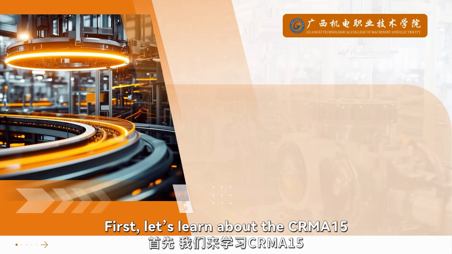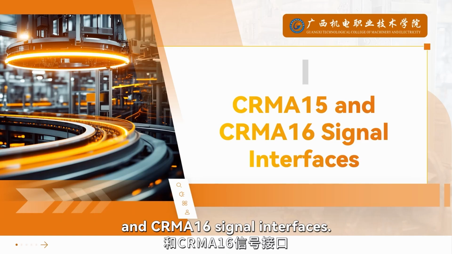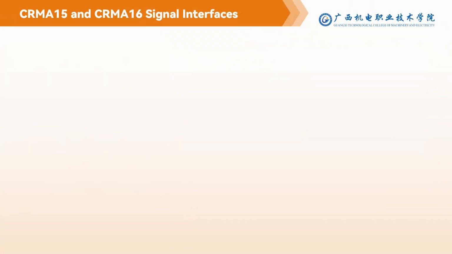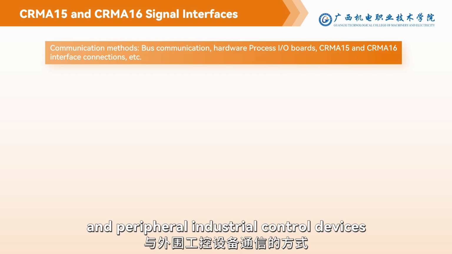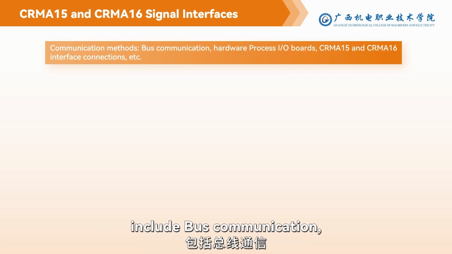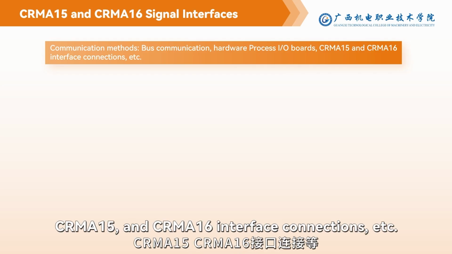First, let's learn about the CRMA15 and the CRMA16 signal interfaces. Communication methods between FANUC industrial robots and peripheral industrial control devices include bus communication, hardware, process I/O boards, CRMA15 and